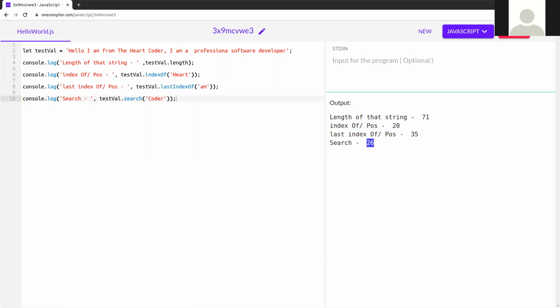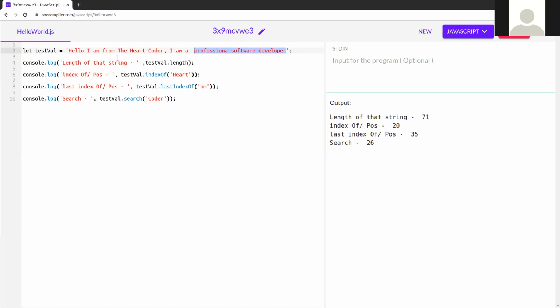Next is slice, first from the positive side. What is the positive side? If you count from the left-hand side, that is the positive side. If you count from the right-hand side, in the opposite direction, that is the negative side. What is a slice? In the real world, slicing means you cut one piece from a bigger piece.